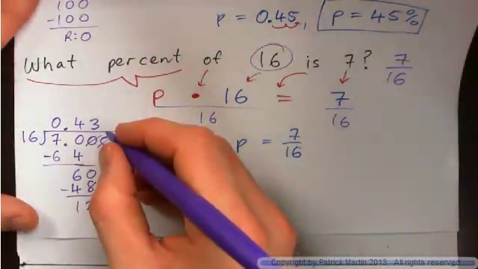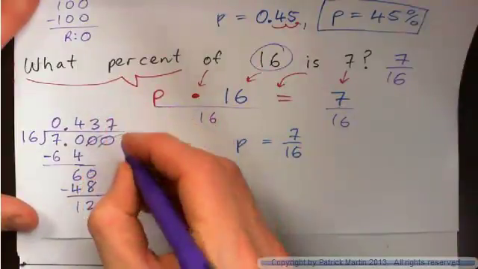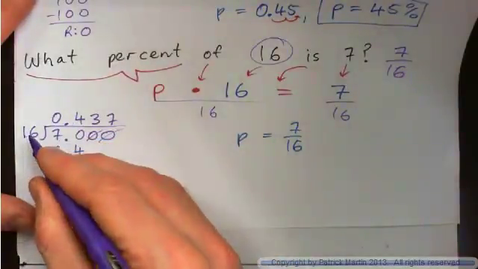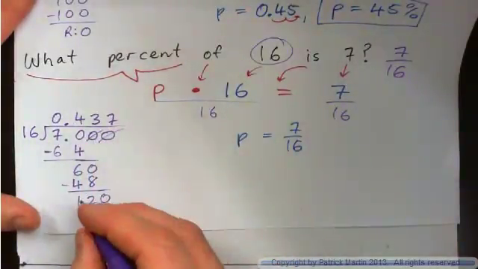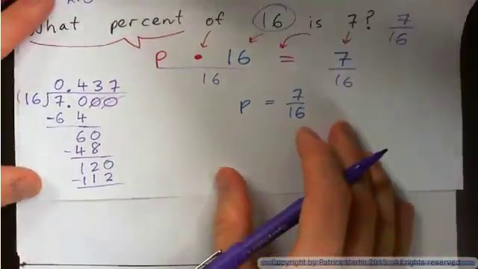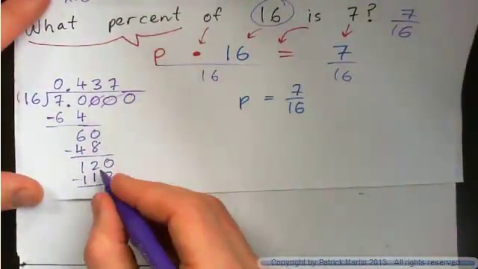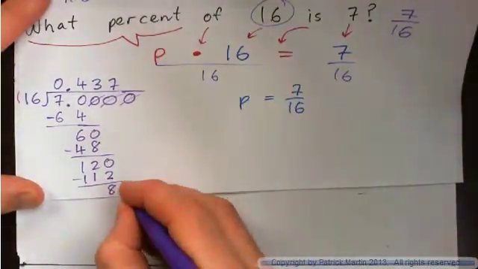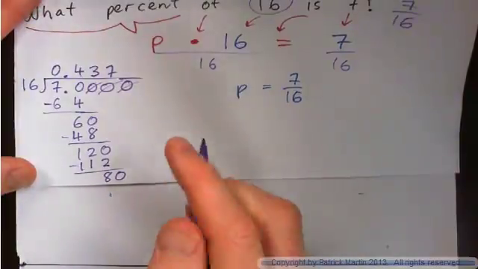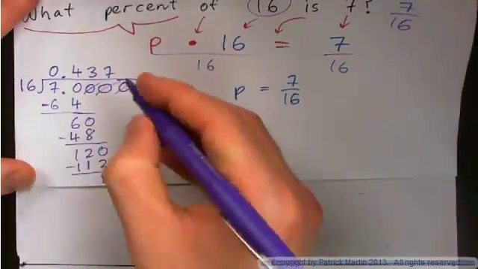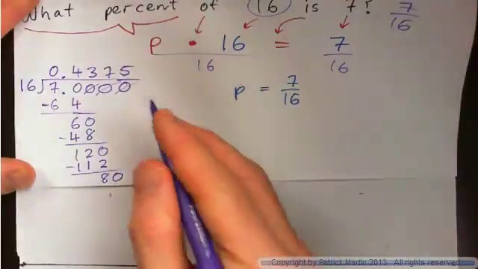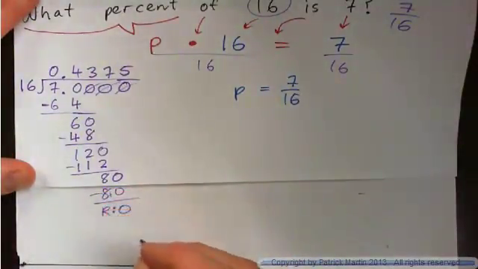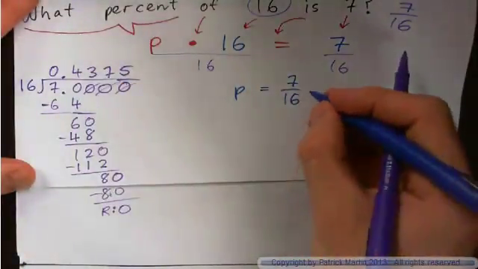Let's see. I'm going to try 7 times. 7 times 6 is 42, carry the 4. 7 times 1 is 7, and 4 is 11. Okay, need another 0, huh? Because 120 minus 112 is 8. Put this 0 down, and now this time it should work. 16 into 80 goes 5 times. 5 times 16 is 80. Subtract, we get 0. Last remainder 0, so the answer is totally